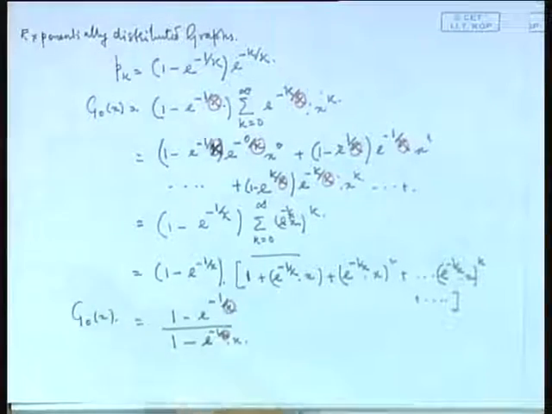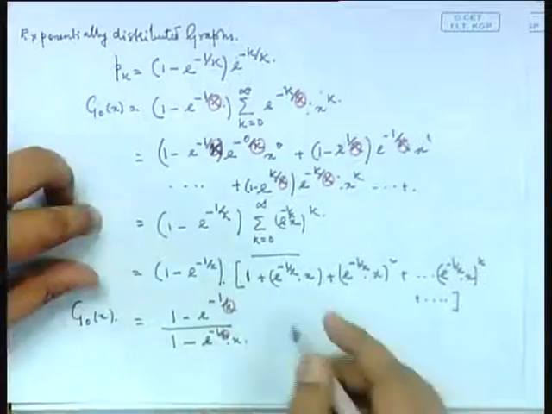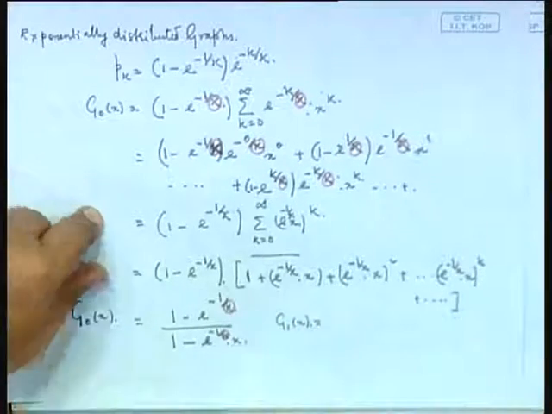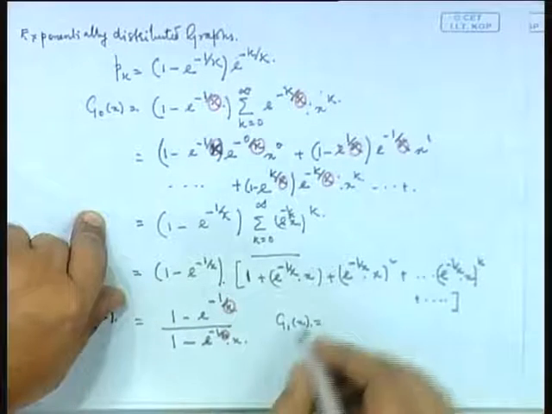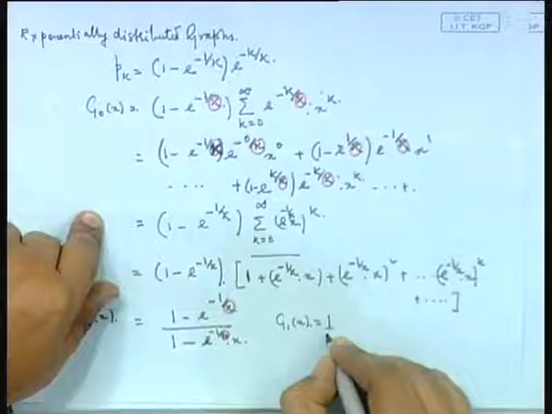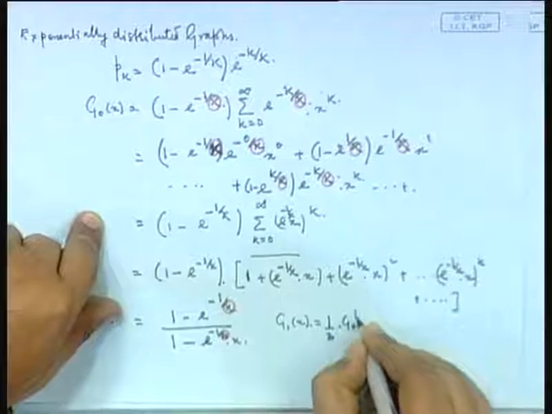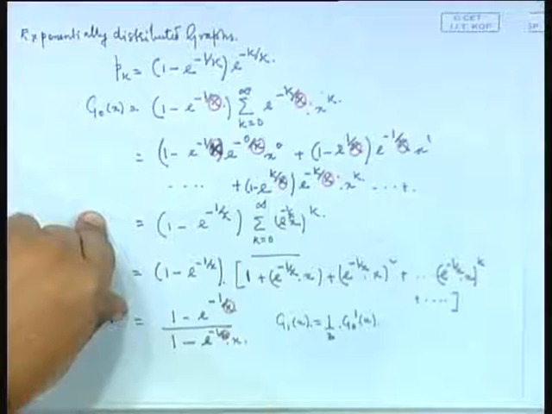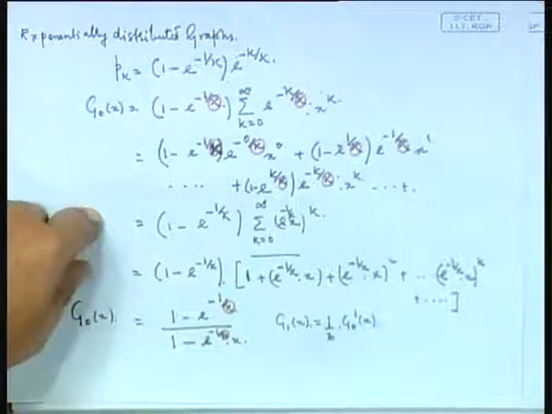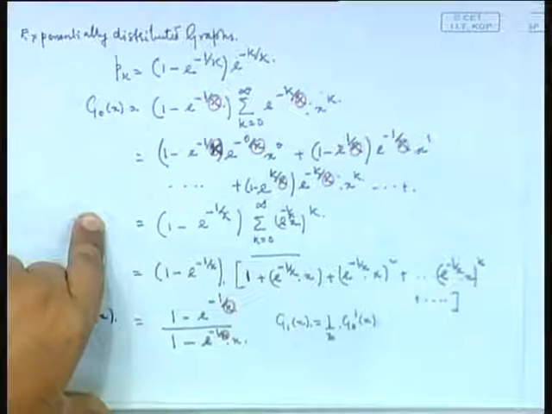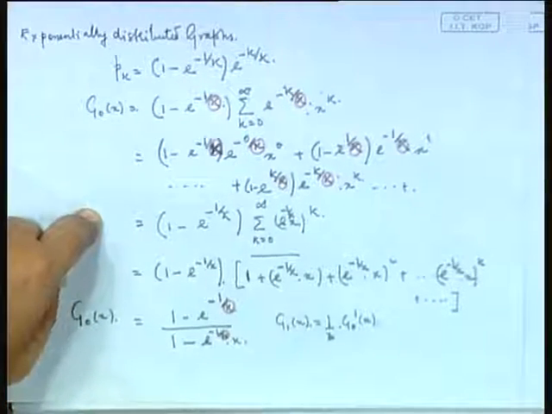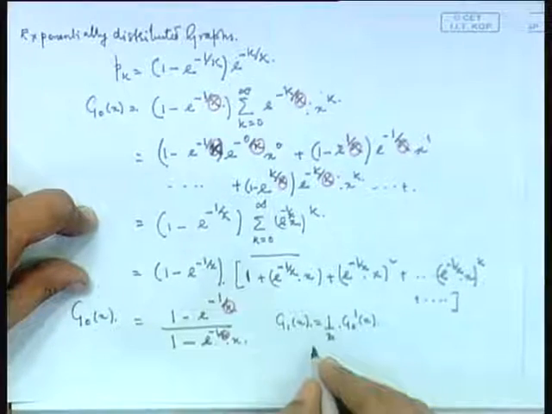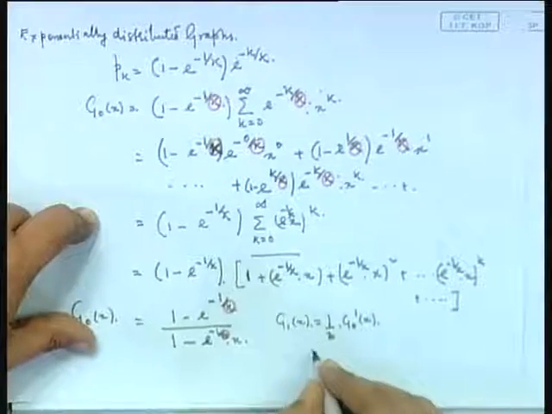So, now can you calculate G1(x)? What is G1(x)? Tell me. 1 by z G0 dash x, if you remember. Okay. G1(x) is 1 by z G0 dash x. Clear? So, that will be equal to,